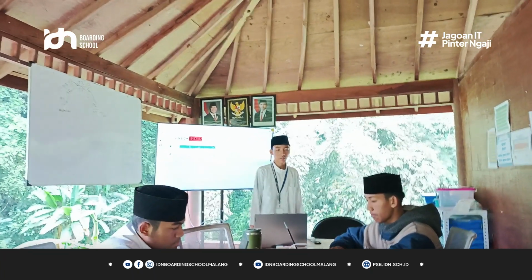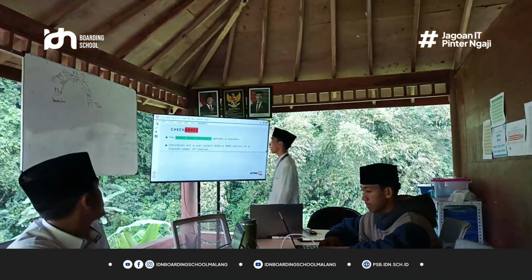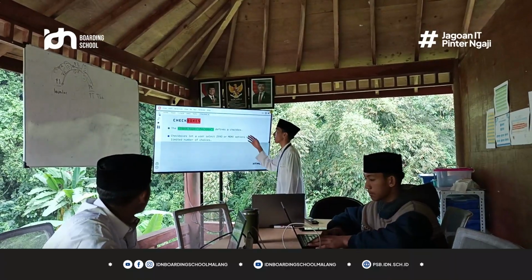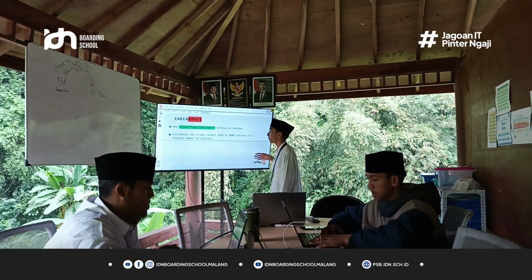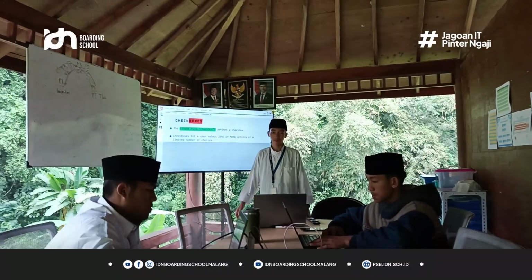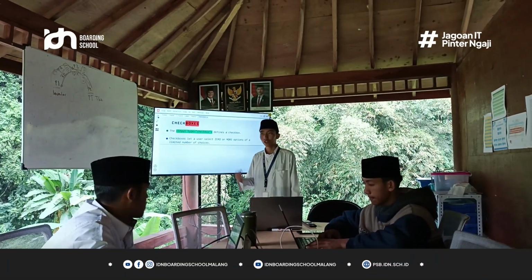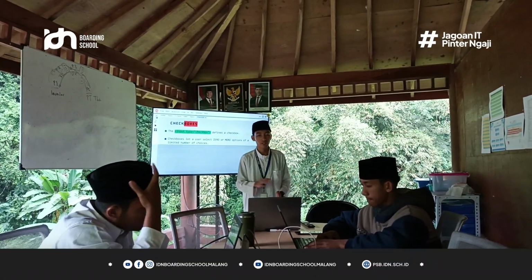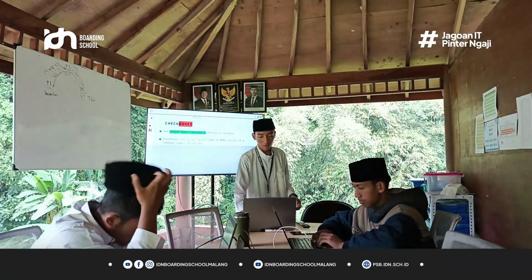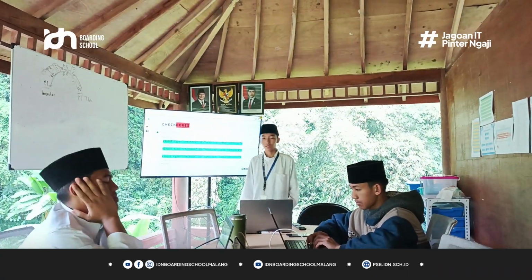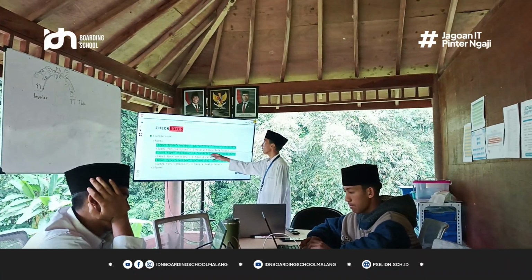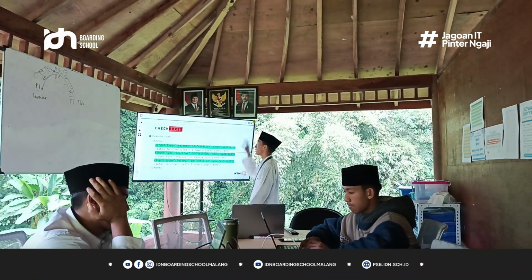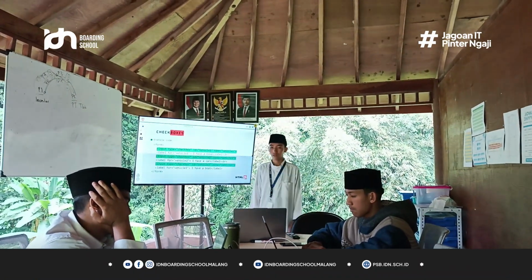And the next, checkbox. The input type checkbox defines a checkbox. Checkboxes let the user select zero or more options of a limited number of choices. So if radio, we can choose one, but if checkbox we can choose many. This is for the example. The first is page 1, page 2, and we can choose all of these.